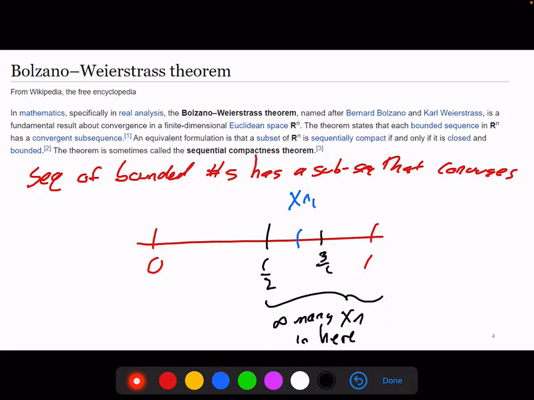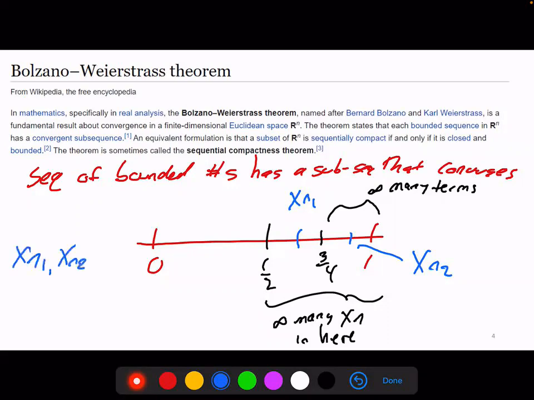And one of the two intervals has to have infinitely many terms. Let's say it's the interval from 3/4 to 1, infinitely many terms. And so we take the smallest index that's in here, and we'll call that xn2. And we keep going and going like this. And so this gives us a sequence